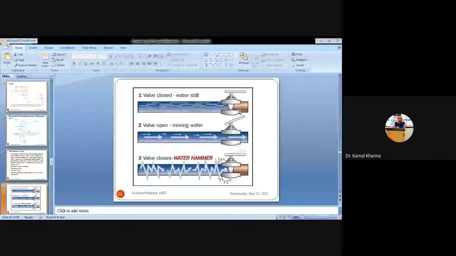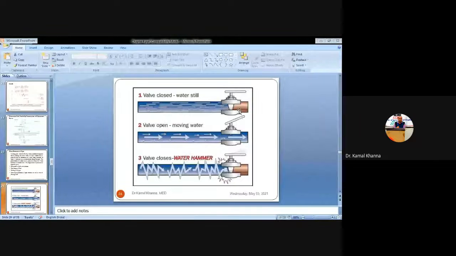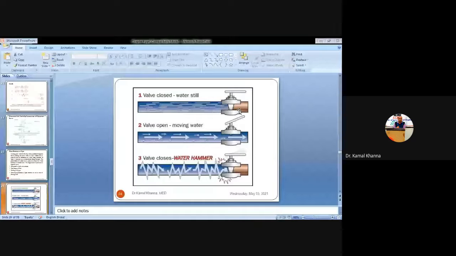in the water pipe due to the sudden stoppage of flow, or due to the sudden closing of the valve, is called water hammering. That is, as soon as you have suddenly closed the gate valve, the water will move in the backward direction, its momentum will be destroyed, and there is a sudden rise in the pressure of the water within the pipe, and that sudden rise in pressure may destroy the inner portion of the pipe. That is called water hammering.